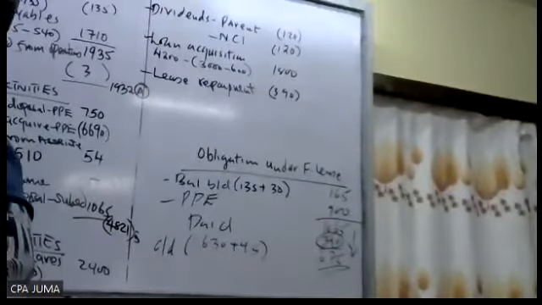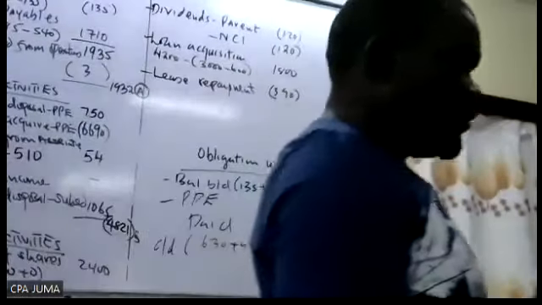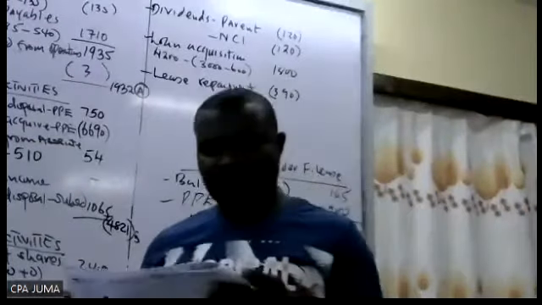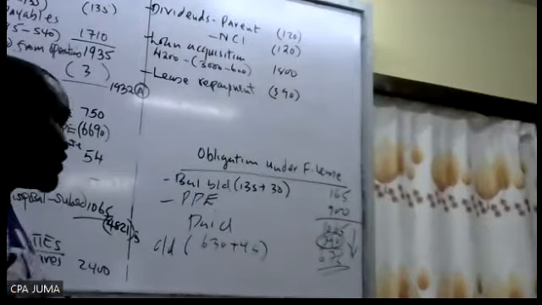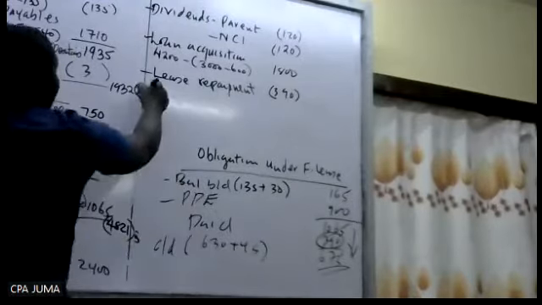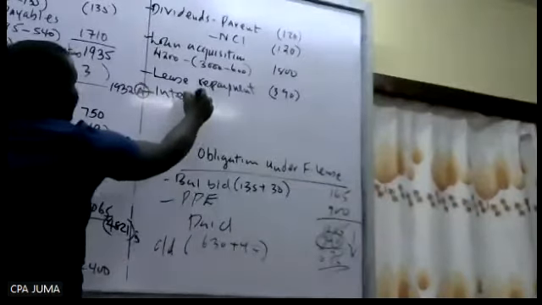Good. Next. We are almost done. Deferred tax tulimalizana. Payables tulimalizana. Current tax tulimalizana. Obligation done. The only thing remaining is accrued what? Interest. So andika hivi, interest paid, the finance cost,